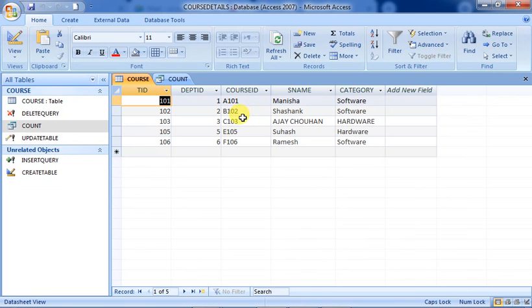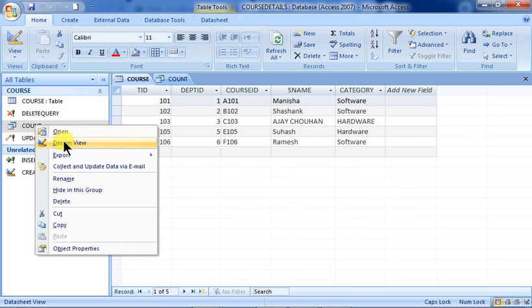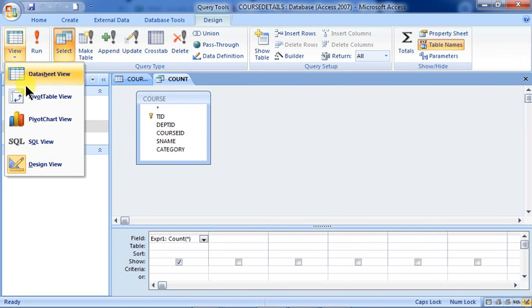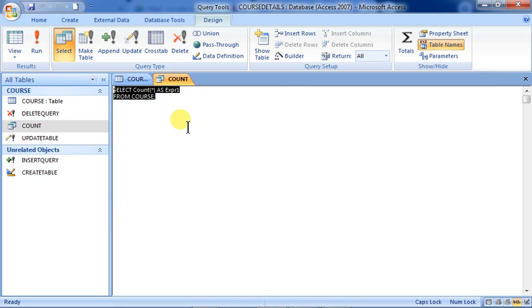So exactly there are 5 records. Okay, that is the thing. There are how many records? 5 records are there. Okay, so further you can update this query also. So you can go into the design view of this one. Sorry, SQL view, I mean to say count. I have to open it in the SQL view. Okay, just a minute. This has been done.